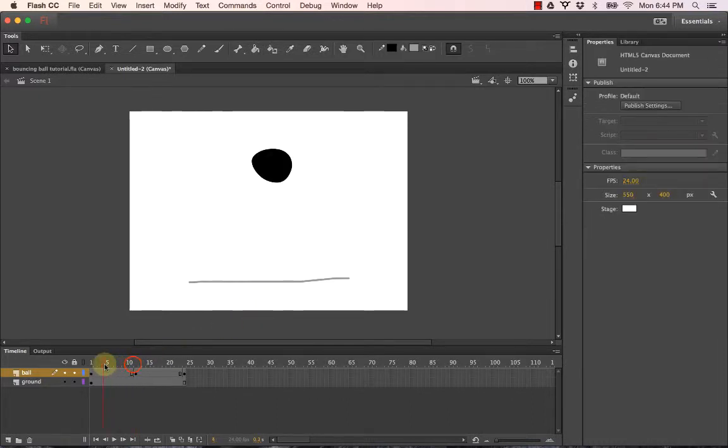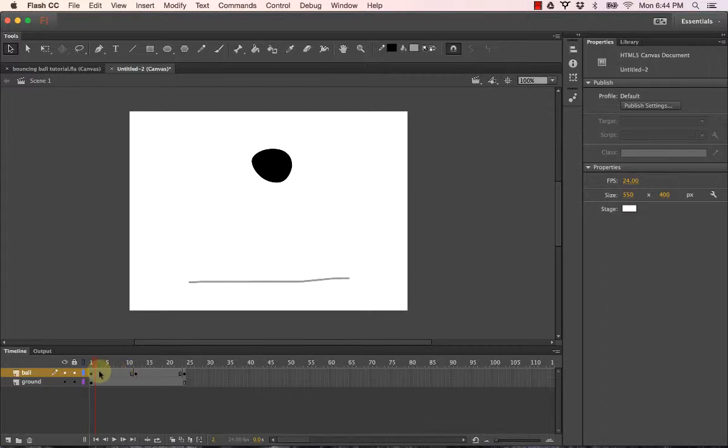Okay, now I can go and kind of skim along the frames. Notice it's not moving because we've got this keyframe and it stays in this position until it gets to frame 12, and then all of a sudden it's down here and it stays there until it gets to 24, and then boom, it's back up at the top. So the next thing we need to do is make it gradually move from point A to point B. So what we do here is